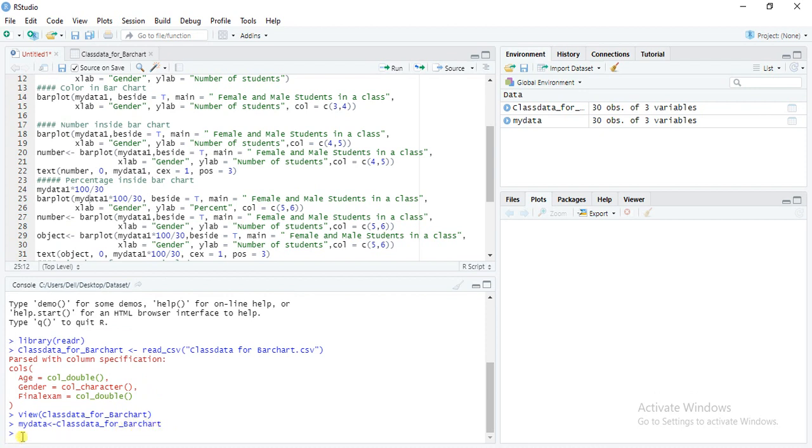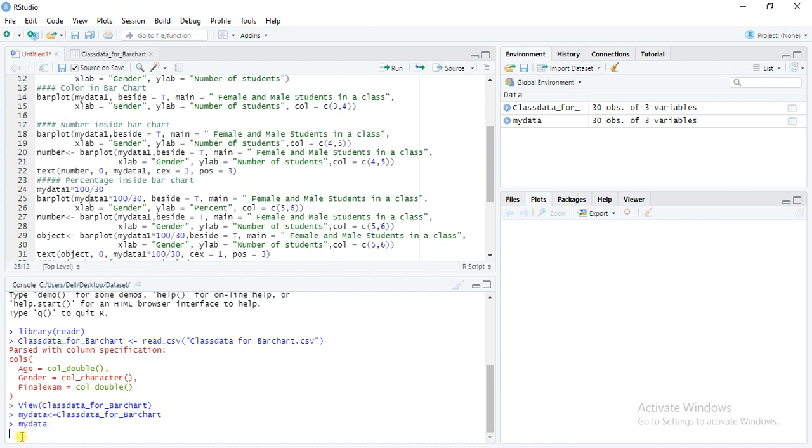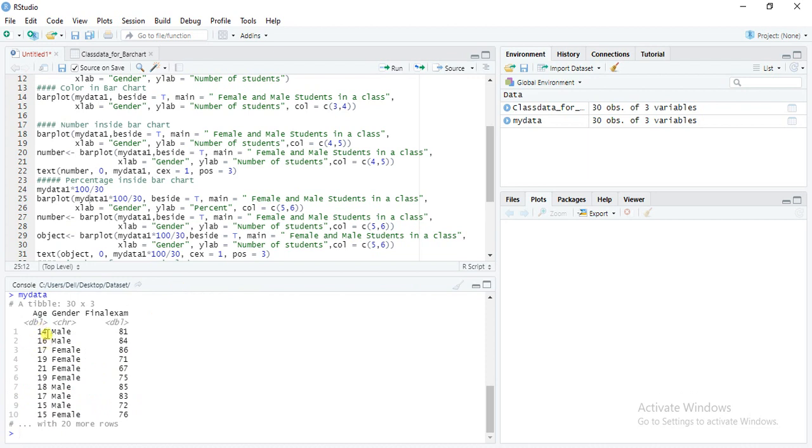So it is easy to convert it into a short name, my data. So my data, enter. So I can see my data. There are three variables: age, gender, and final exam, marks obtained in the final exam.